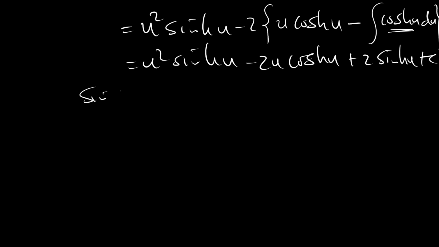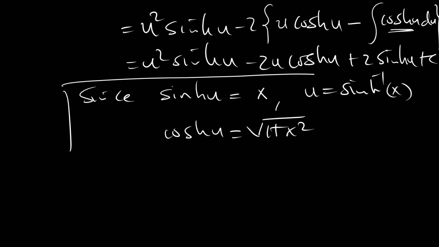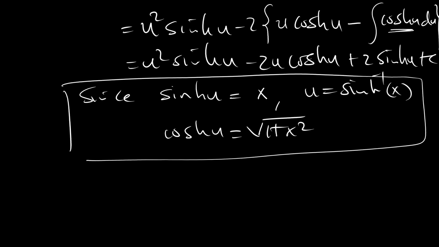But since we said sinh of u is equal to x, and u being equal to arc sinh of x, and then cosh of u being equal to the square root of 1 plus x squared, then our integral becomes